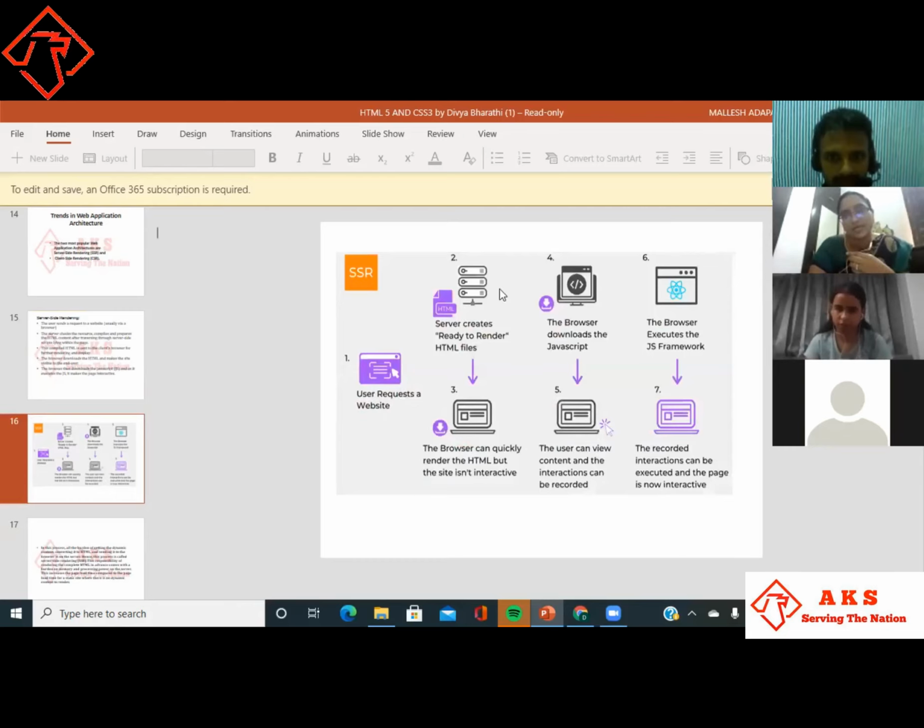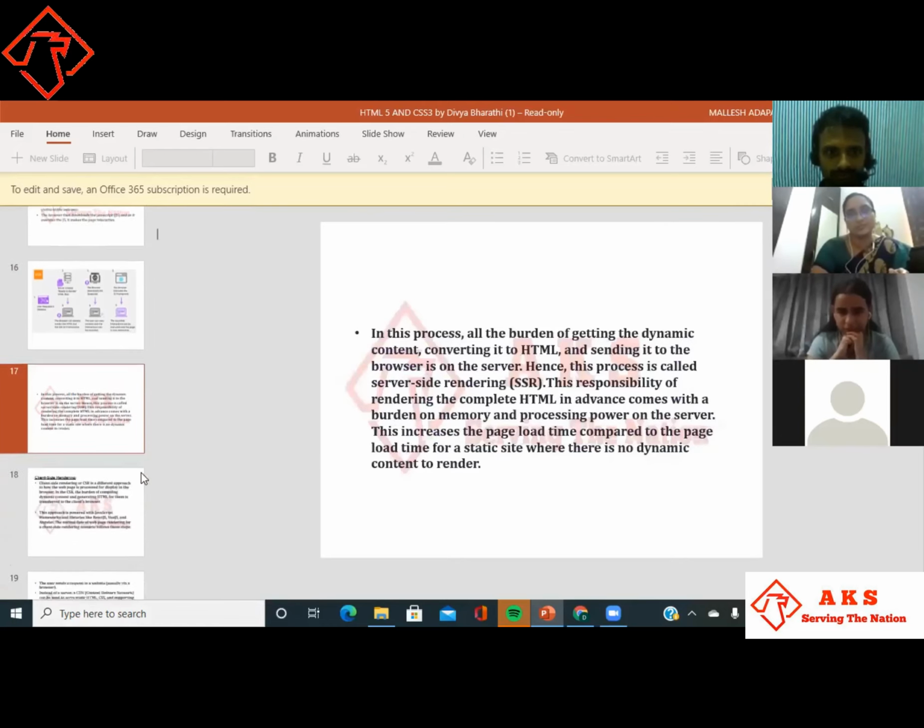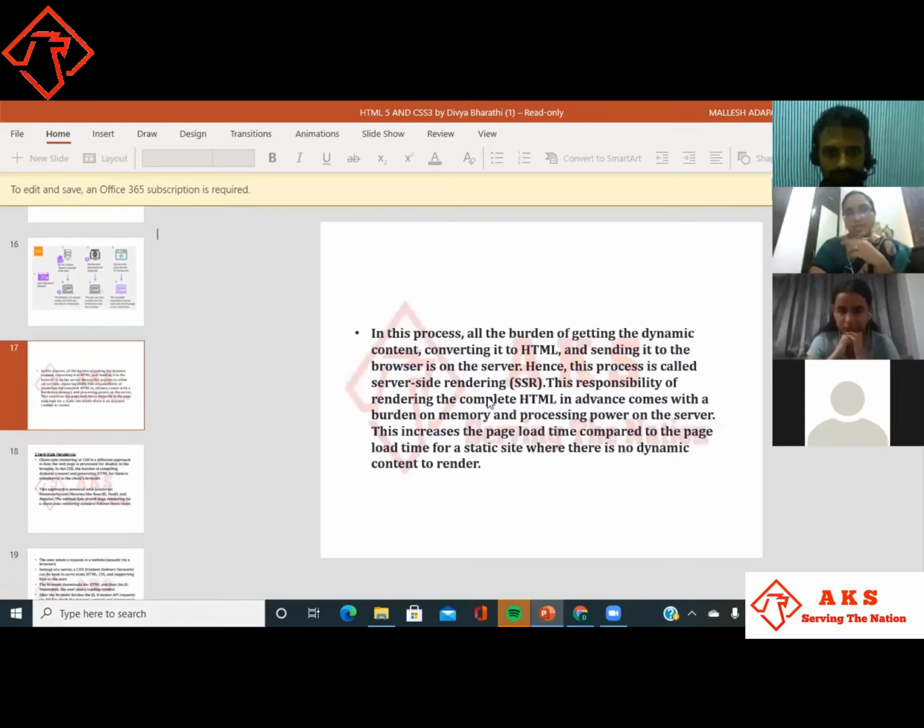This is the user. The user gives the request to the front end. It will first render and give it to the browser. Here it is not interactive because the browser is not yet downloading the JavaScript. After downloading the JavaScript, it will save the JS framework, execute it, and make it interactive for the user. This is server side rendering.